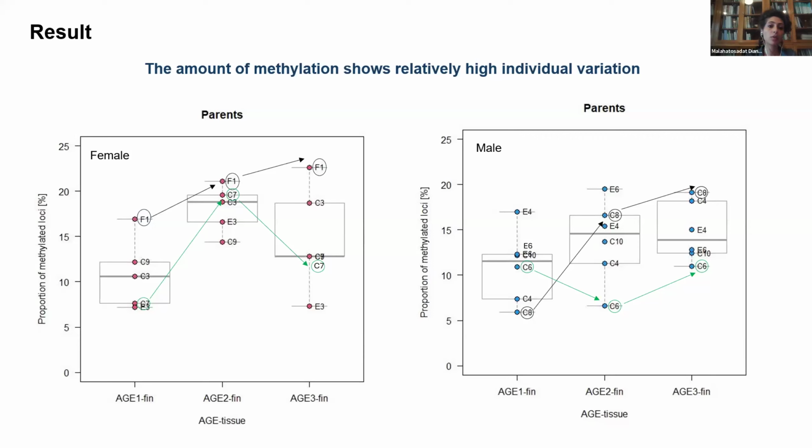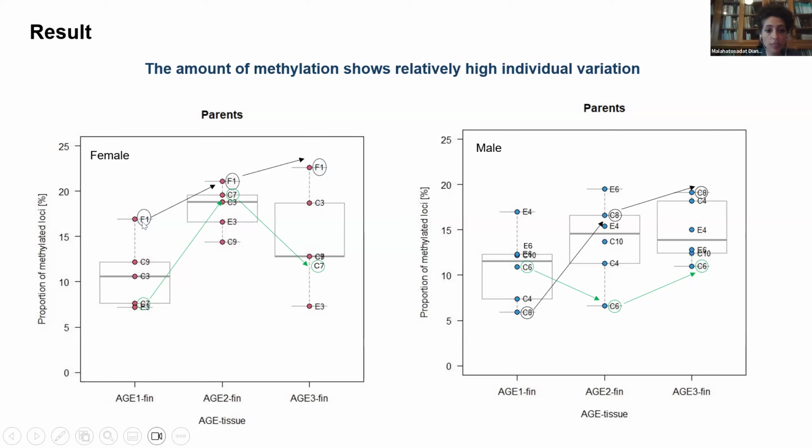As I said, I wanted to know the amount of methylation first for parents. Here you can see the box plot for parents, female and male. And when I was checking this, I found that the amount of methylation shows relatively high individual variation. For example, here, if you look at the parents female, by aging, you can see that, for example, the amount